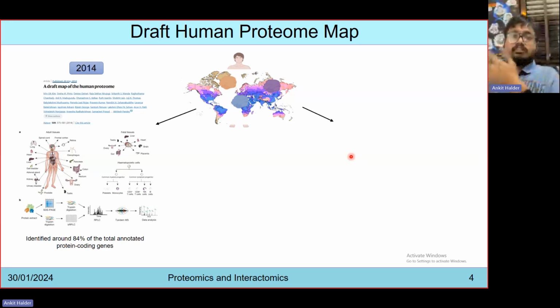Because the thing that generally gets detected are the ions, but from those ions, how do you calculate back your peptides, and then finally the proteins. Then in 2014, the draft map of the human proteome came, which identified around 85 or 84% of the total annotated protein coding genes. But you can understand that among the 20,000 or odd genes present, only 84% of the